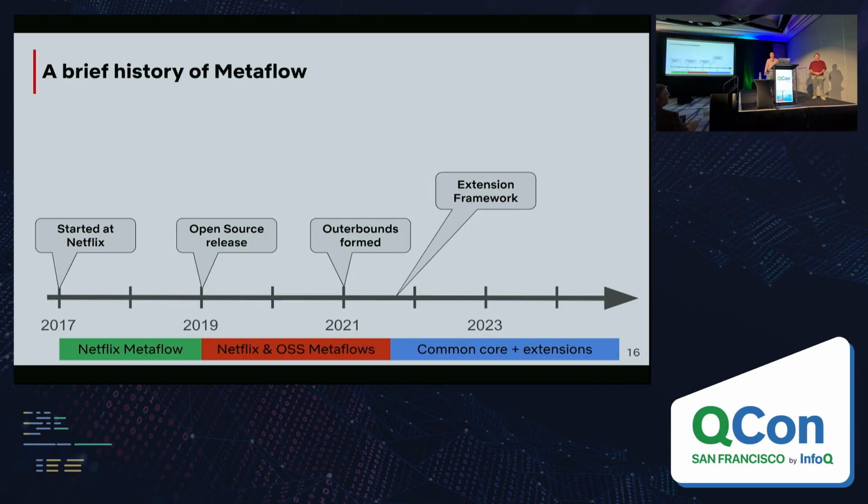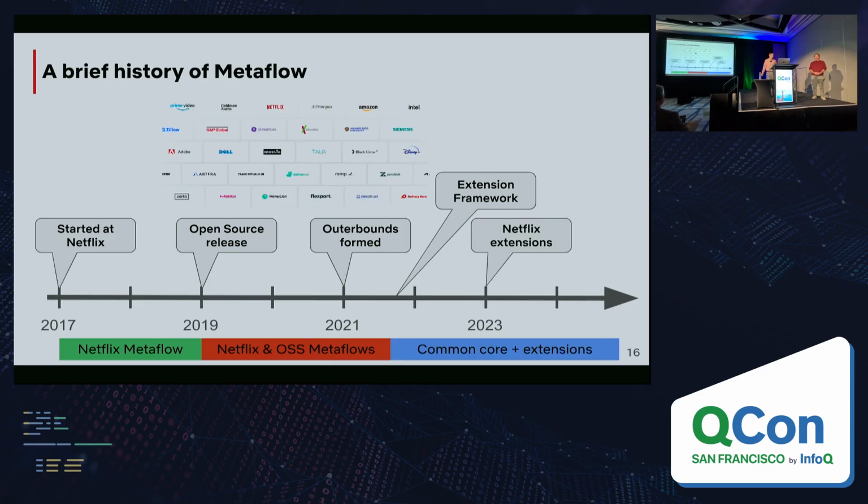we have effectively a common core that we use at Netflix. So the open source Metaflow that is out there on GitHub is the one we use at Netflix, and we add stuff to it. And other companies do too. We released some of the additional extensions that we have in 2023, and a bunch of these other companies use it, including 2 known ones like Zillow and Moneyline, that actually built their own set of extensions to support their